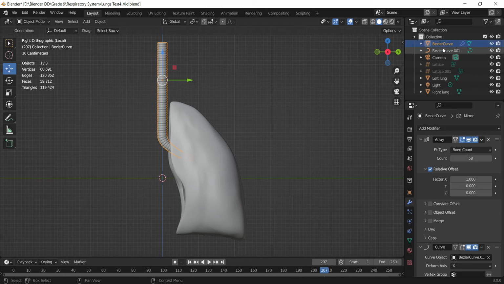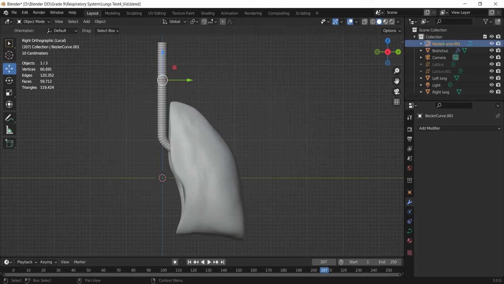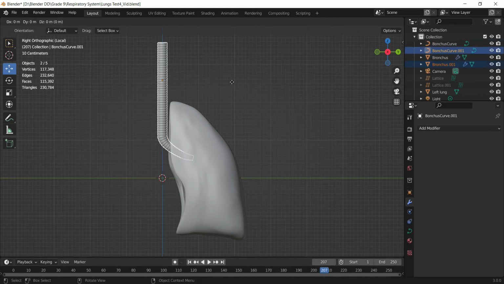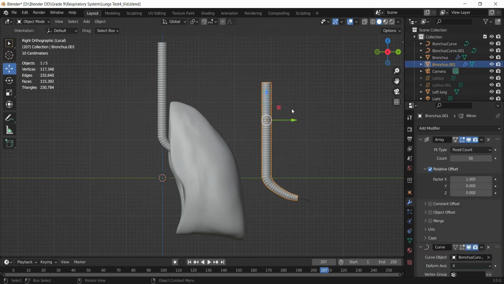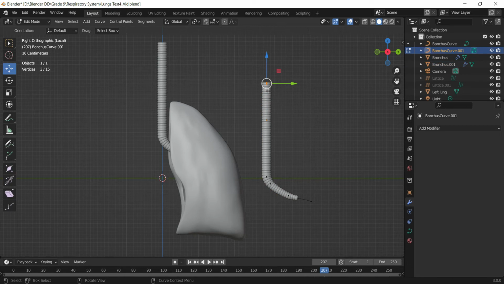Okay. Now I am going to use these only to create the trachea, along with the curve. So let's rename this bronchus, and let's call the curve bronchus curve. I'm going to select these two and press Shift D to duplicate, bring it over here, and we are going to select the mesh. Then I select the curve on it, press tab, and the top control point, I'm going to simply press delete.